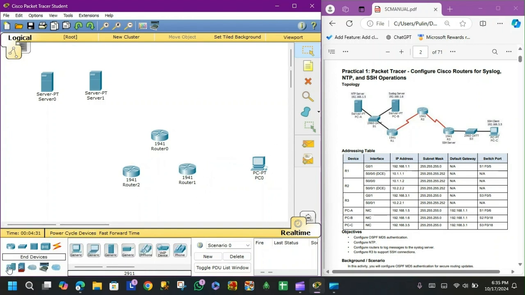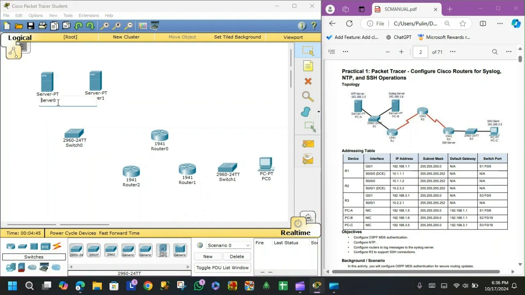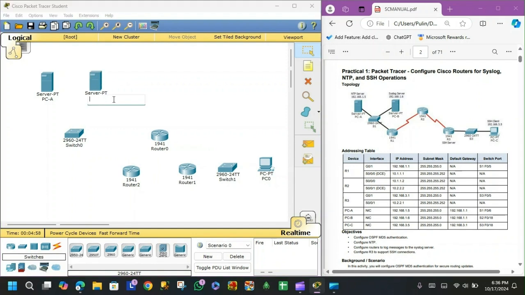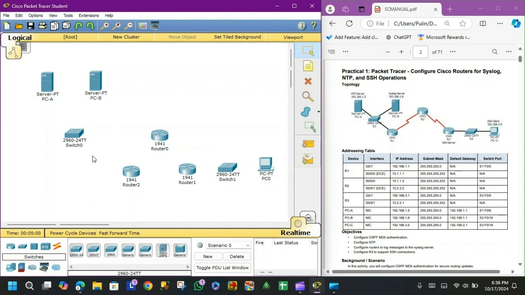Okay, then we have to go to switches, and for switches we are using 2960-24TT. Okay, so I have taken my switches. Okay, and once you have taken your switches, all you have to do is rename these. Okay, so this is PCA, this is PCB,